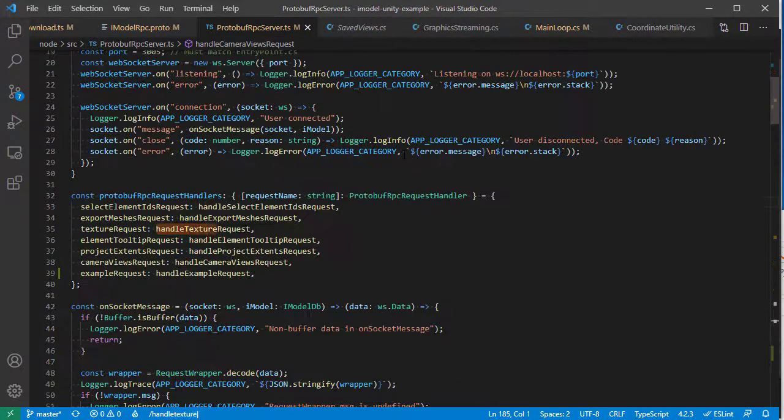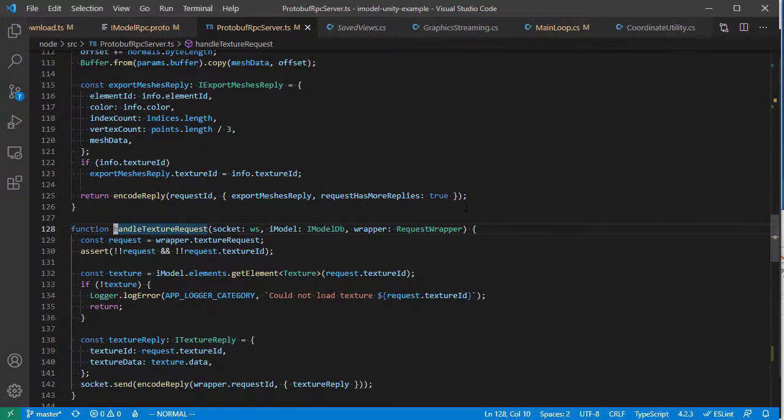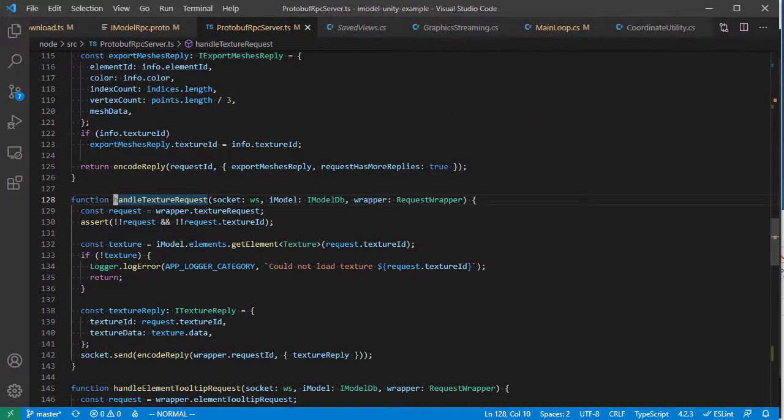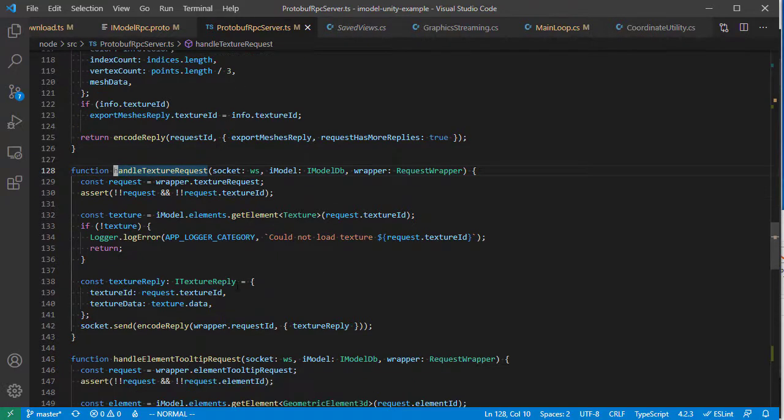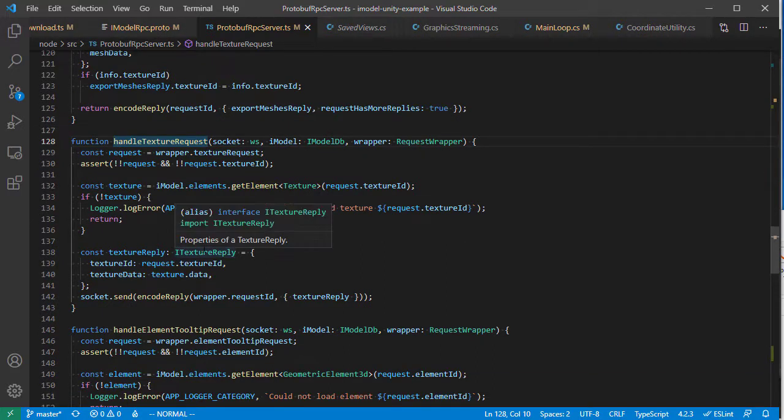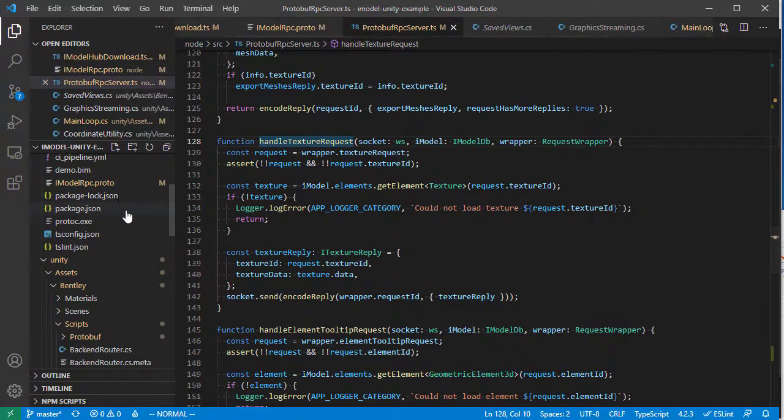Let's see, handle texture request here. So we query for that element. The texture element we get back has the bytes for the image stored as data, and that's what we send back. And then on the Unity side,